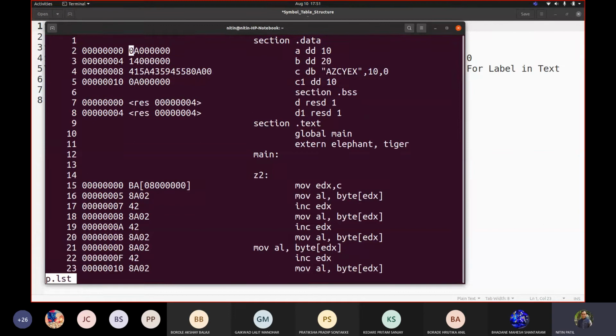So this is 4 bits, this is another 4 bits, 4 bits, 4 bits, 4 bits. That's how 32 bits are created to store this 10 in Little Endian notation. 20 converted to hex, written in Little Endian notation. A converted to ASCII and then converted to hex. It got this number 41, 54 and so on.